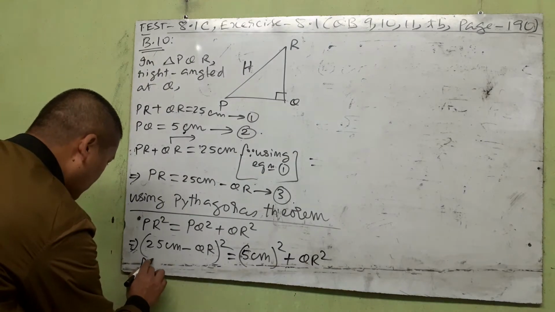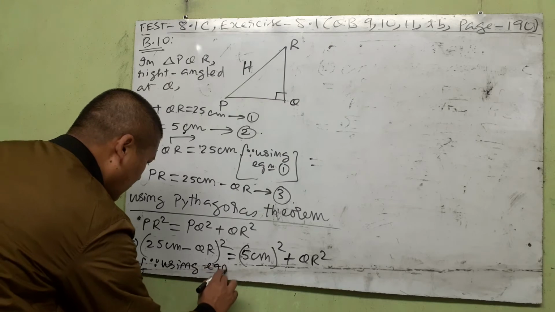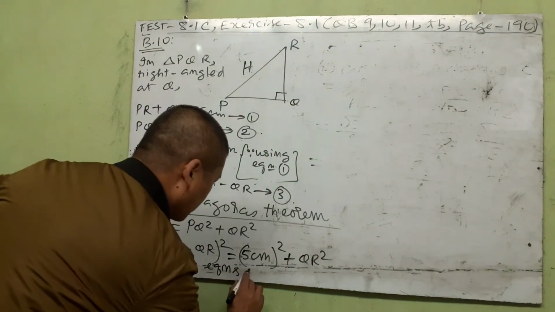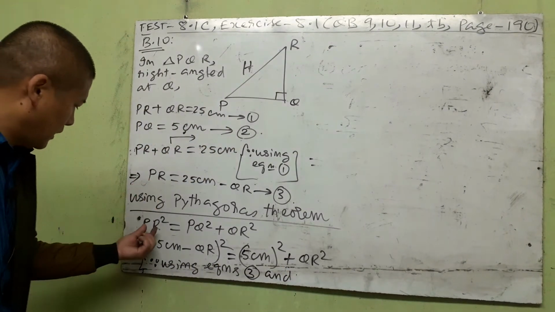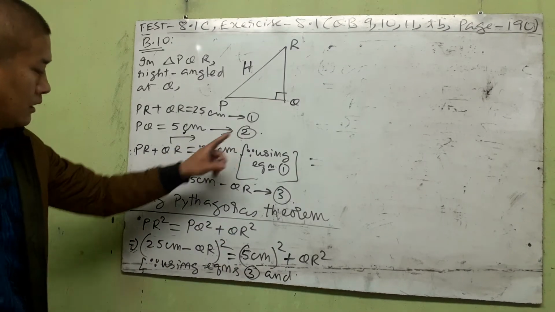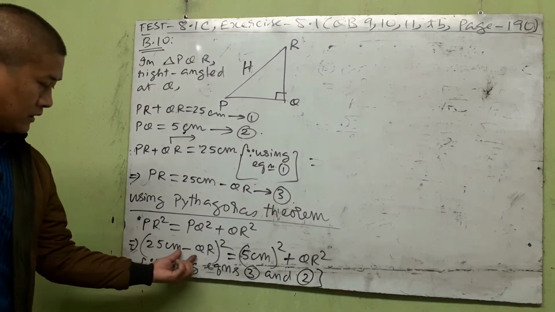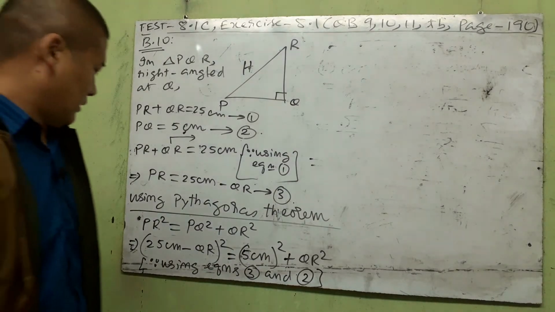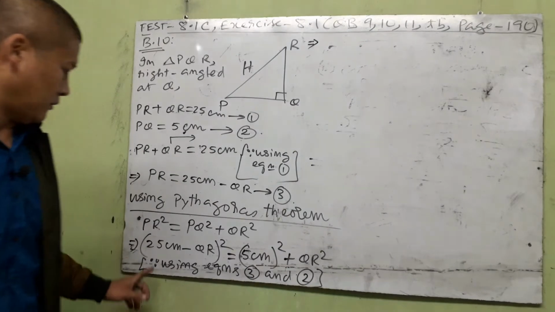You can write here, since using equations, as you can see, PR, you use equation 3 to replace this PR by 25 minus QR, and then PQ equal to 5, we used equation 2. So these two equations are the reason why you change this to this, and this PQ to 5 centimeter. Okay, so next, once you're through with that, that implies, keep it simple now, A minus